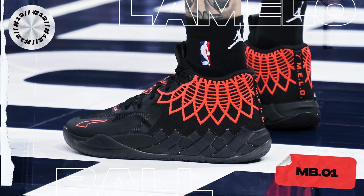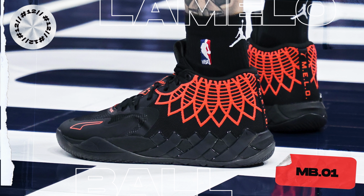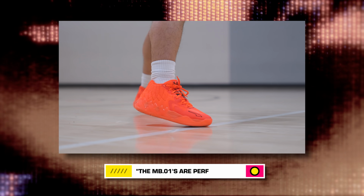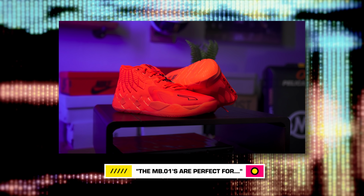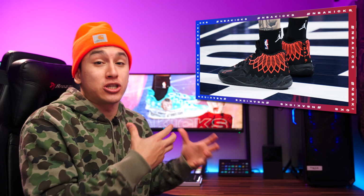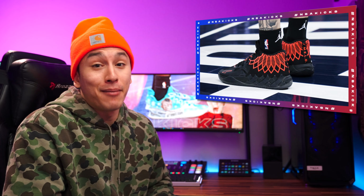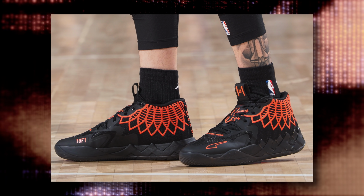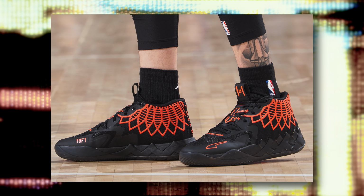Next up at number 12, we have LaMelo Ball with a new colorway of MB01s. So in my early performance review / first impressions, I had mentioned that I thought the best visual design element of the Melos was lost in that launch colorway, but this new black and red colorway pretty much solves that problem. On top of using my two favorite colors, this colorway showcases that flame design on the collar in a